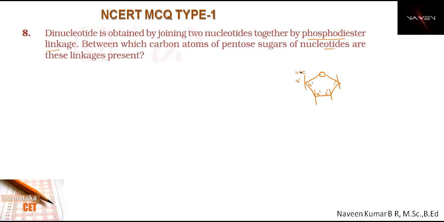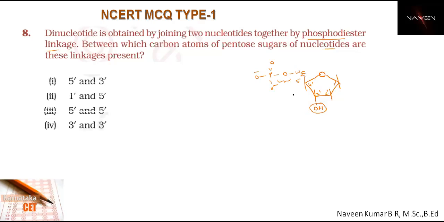So here in the 5 prime CH2, with the phosphate, a phosphoester linkage will already be there. So the 5 prime end and the 3 prime hydroxyl group, either in DNA or in RNA, are undergoing linkages. Now, if you recall this structure, we'll try to identify the position. So the correct information is that the 5 prime and 3 prime are going to be involved in dinucleotide formation through the phosphodiester bond.